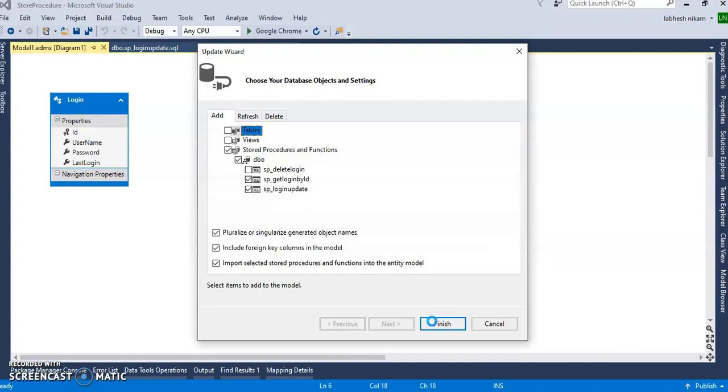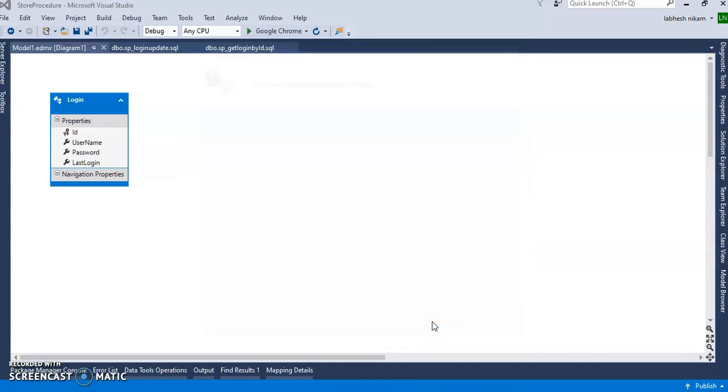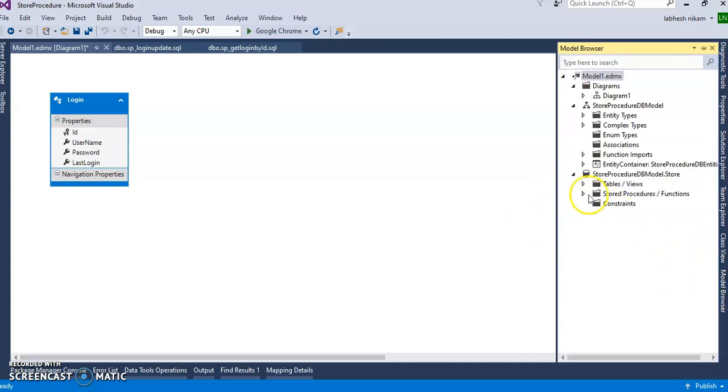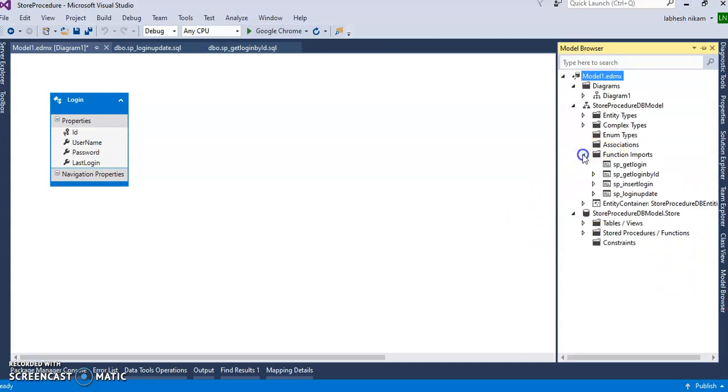Now go to the solution explorer, and first we will go to the model browser, and inside of function imports I will use these stored procedures.